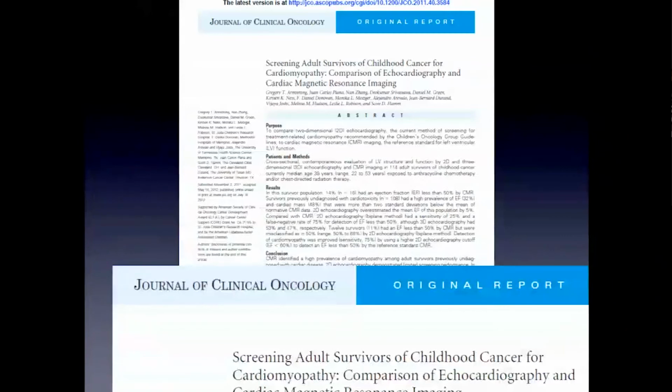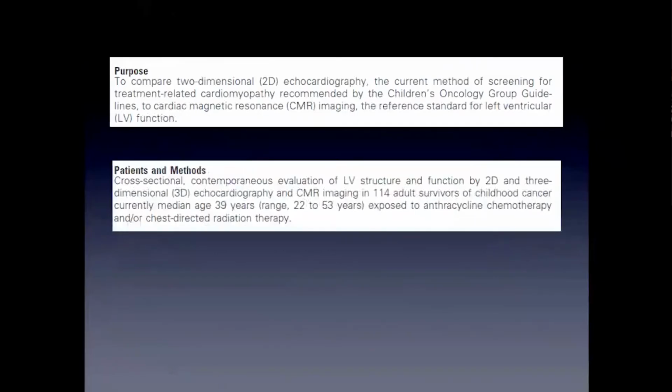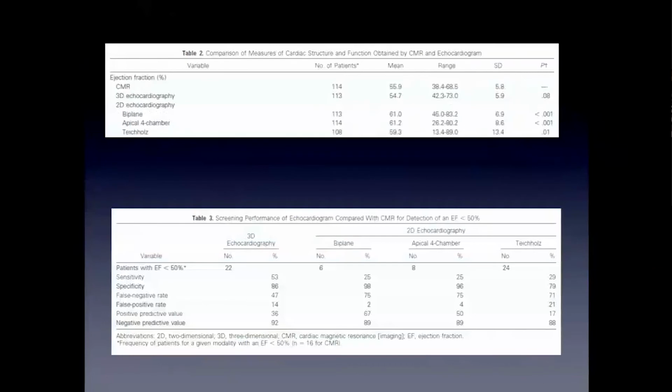We did this publication actually working with the group of St. Jude's in Memphis. Probably you have seen the campaign in every store in the United States. They have the St. Jude's cohort survivor, and I'm going to go back to that when we talk about the third part, identification of injury in the survivor. And we compare, and in this case, it was very practical, because what we tried to figure out is how good we are for the adjudication of a stage B, identifying an ejection fraction of less than